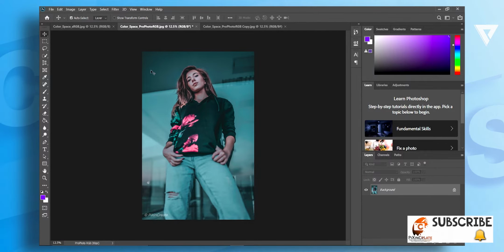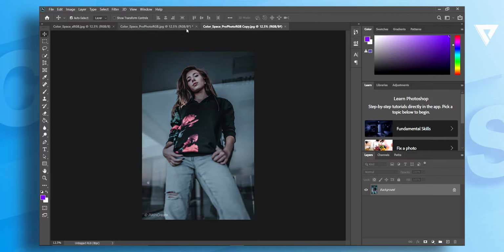Now let's compare both the images. Matches. What does it mean then? The colors did not change, but Photoshop didn't know to which color space it belonged. Making sense? Yeah. Why does it show other colors then? Well, when it doesn't know to which color space it belongs, by default, it simply thinks that the image belongs to sRGB and assigns it, thereby losing some of the colors which are outside its range unless you embed the color profile to the image.